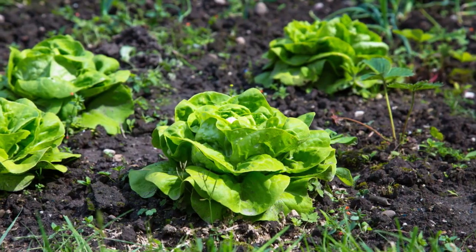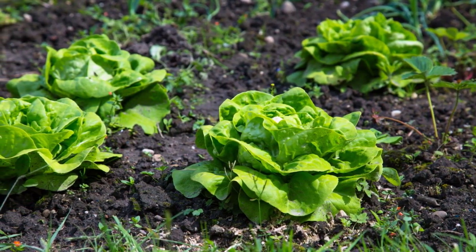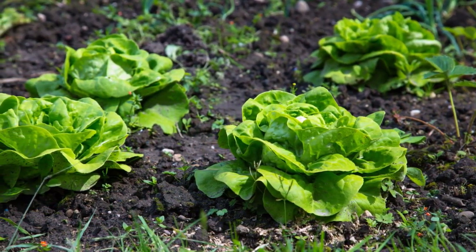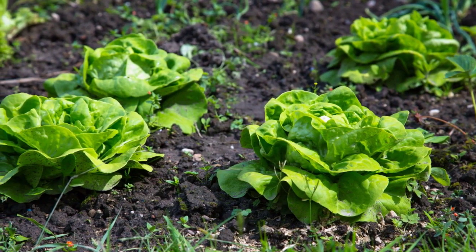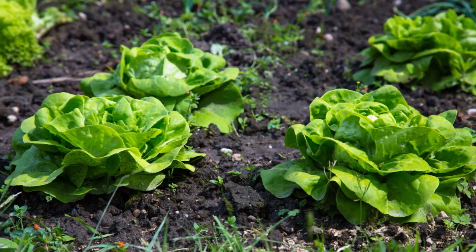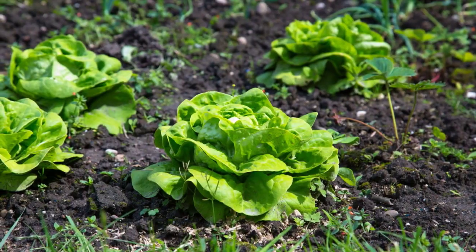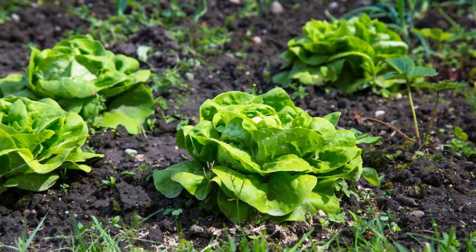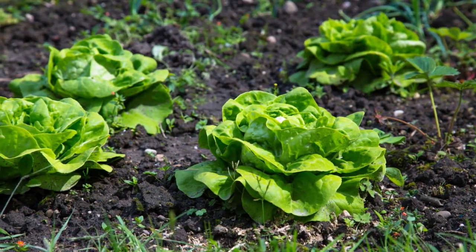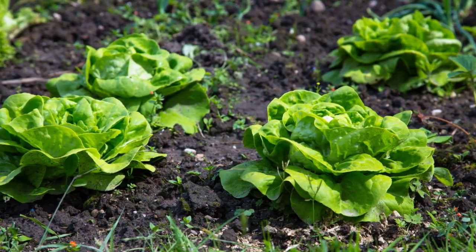And number 5, lettuce. Another easy win is lettuce, which can be sown from March until September for a supply that is pretty much year round. When sowing lettuce in the summer, high soil temperature can lead to seeds not germinating. Therefore, it's ideal to sow in the evening, use cold water when watering, and ensure